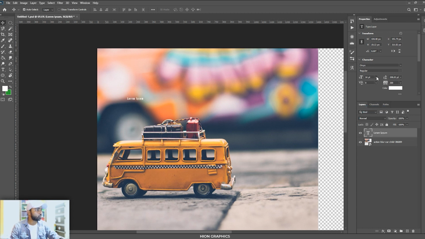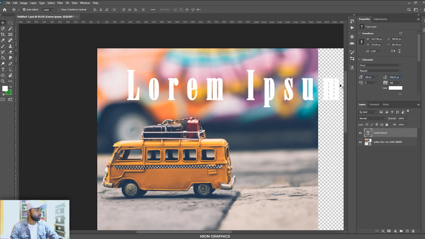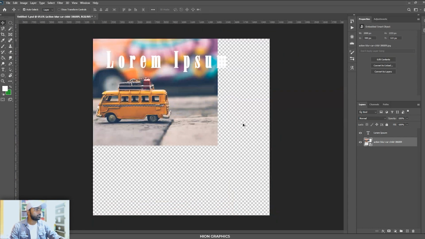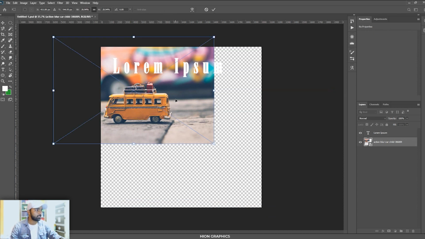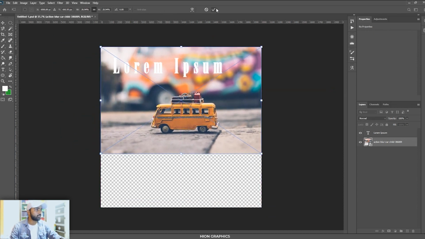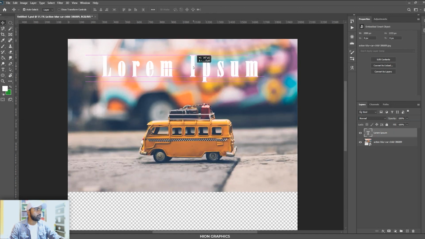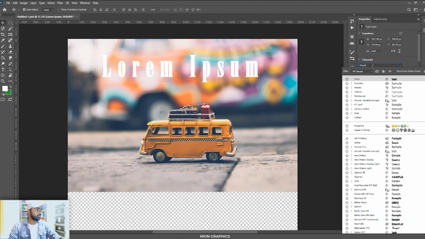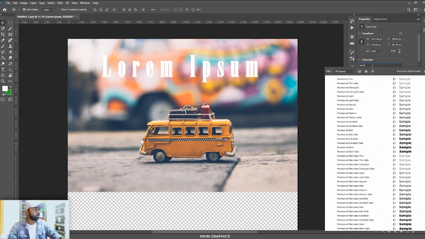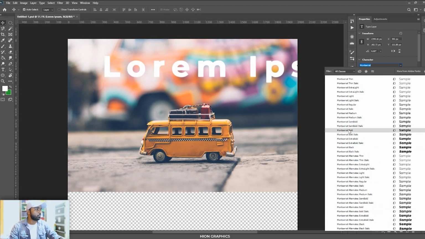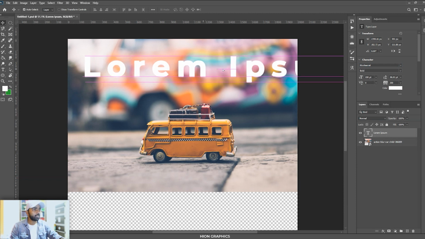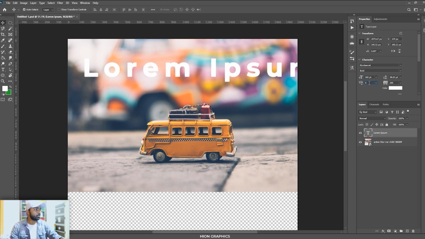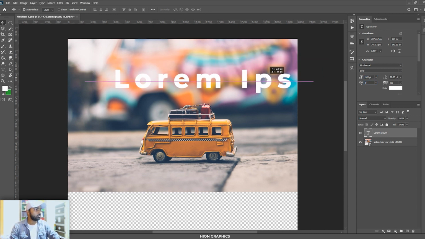The changes to character you can change here. Okay, like you can give something like 190 for this. Okay, so there you go, and I will just do a CTRL-T and increase the width of this image. Cool, so you see it here. But what I do is I like Montserrat too much, so I will just use the Montserrat font. Okay, so it became too big. I will go with 165 maybe. Okay, so there you go.